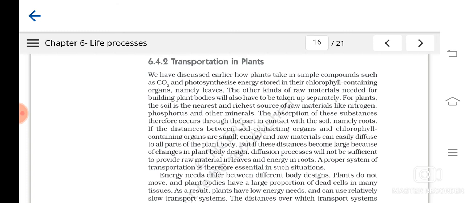And the process that helps in the ascent of sap is transpiration. What is transpiration? Transpiration is the loss of water in the form of water vapor. Understood? Then how does this transpiration help in the ascent of sap? Because this is explained by the transpiration pull theory. Okay, and it says that the water in the plant exists as a continuous column. Understood?